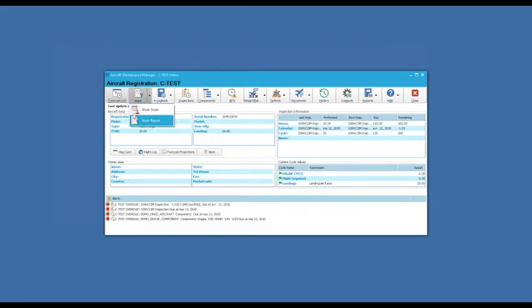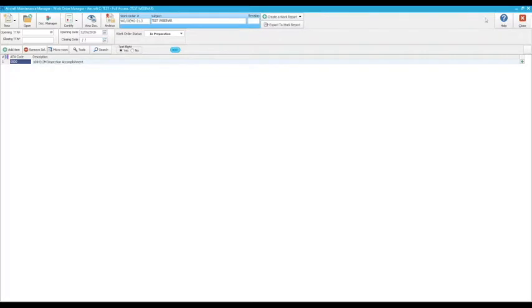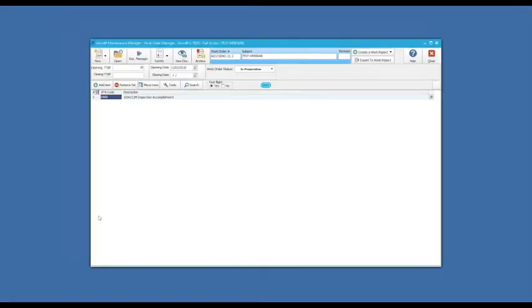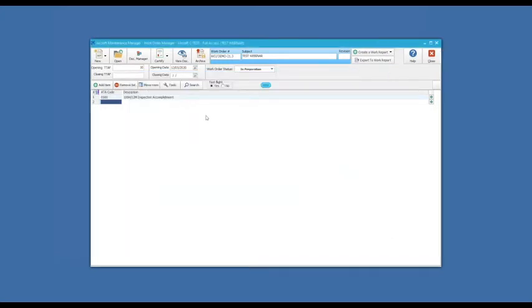So yes, here I have the work order section. I open it, then I have a window with the list of the work orders. Here I have a work report which is linked to my work order. I prepared it before the presentation, and then I will open it. As you can see, it looks really like the work report. You will have the possibility to add item as usual with the same logic as inside the work report.